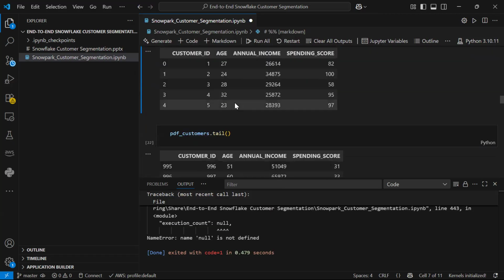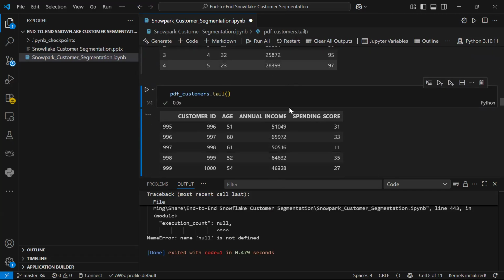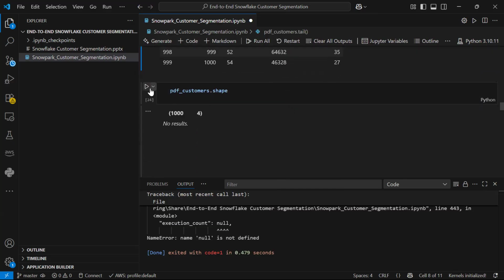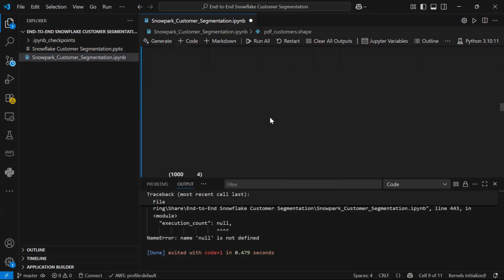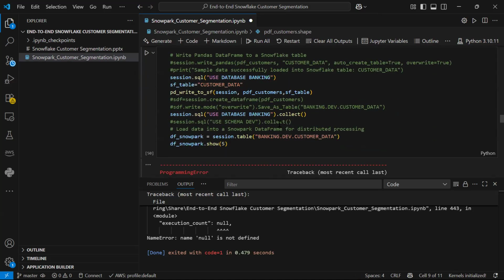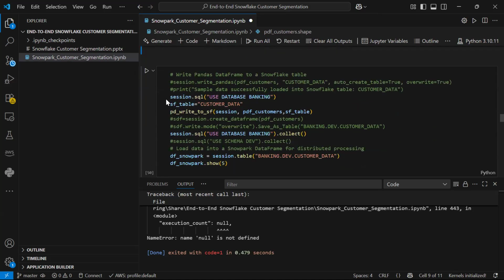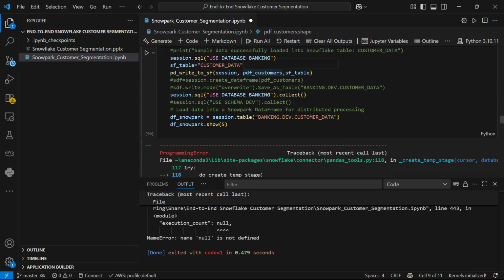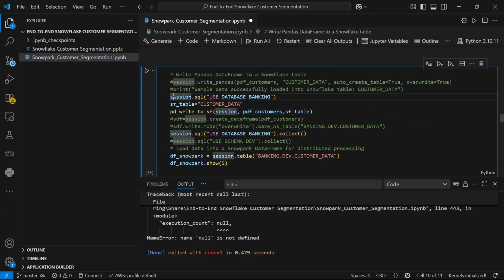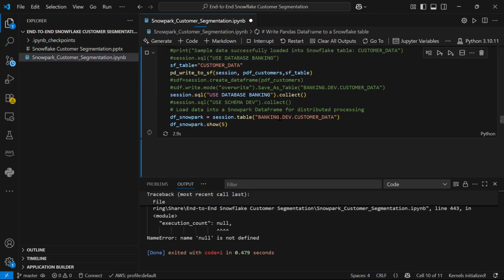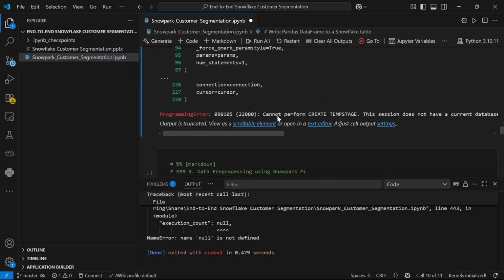See, this is the sample data. So this is the bottom 5. Okay. So number of rows and columns. Now let us try to see. I don't think this is required, but anyway, I keep it. Try to comment this. It's not required at all, I think. Yeah, the temp stage created. It requires a temp stage actually.